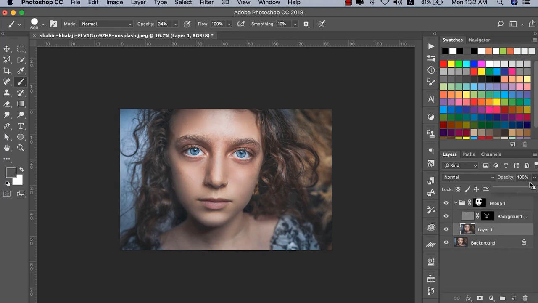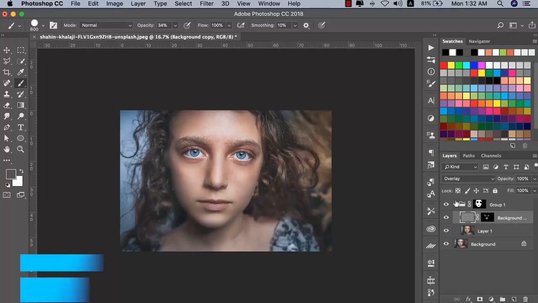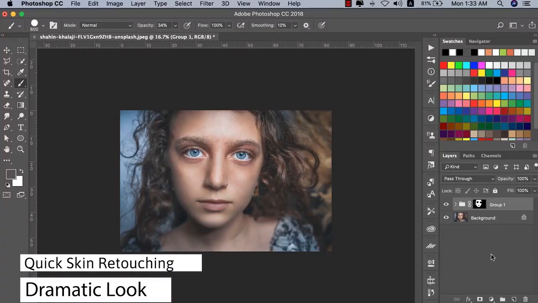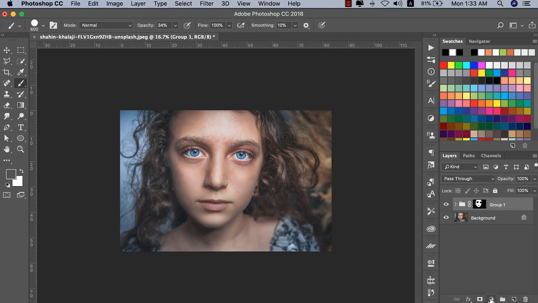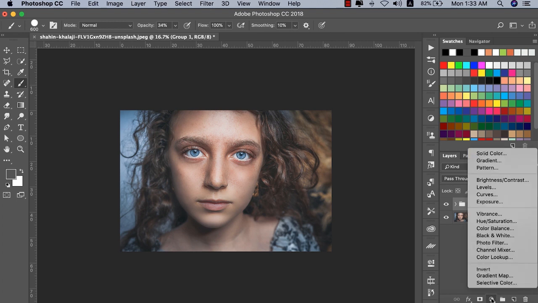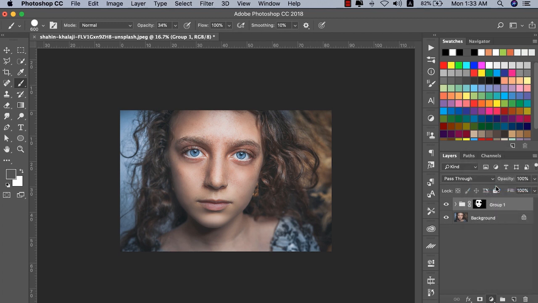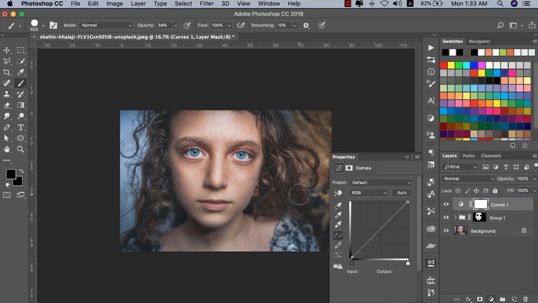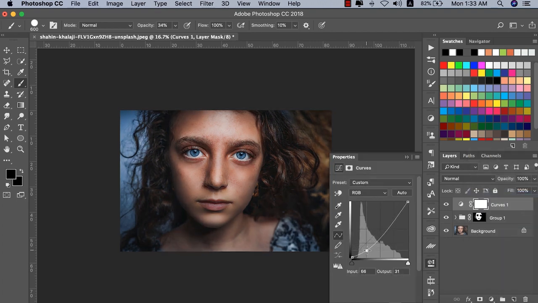We can change the layer opacity of our surface blur layer to give it a smoother look according to our requirement. I think this is perfect. 71 is perfect. So after that we will try to auto correct it, or we will try to give it shadows. We will try to give our portrait a dramatic look. For this we will go to the levels. First of all we will go to the curves and select the curve and lower down the shadows,